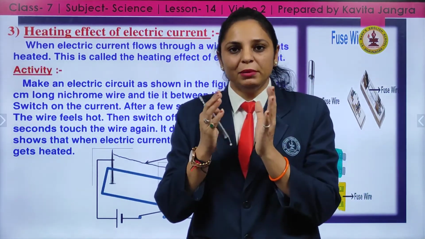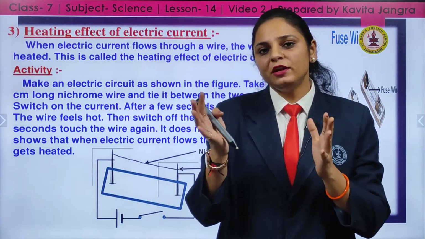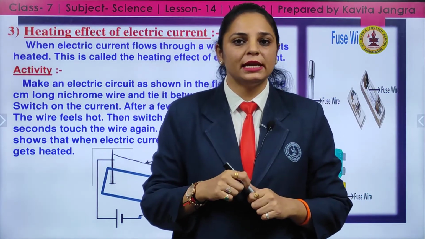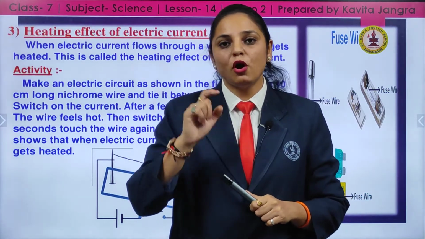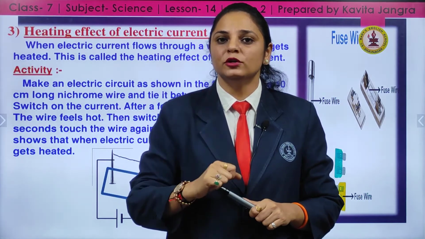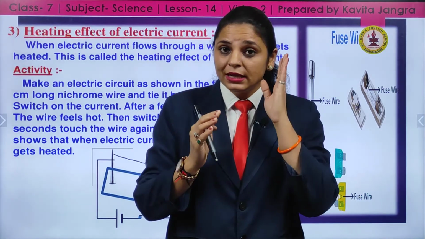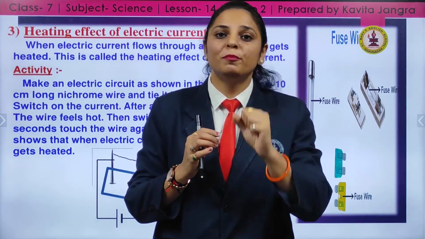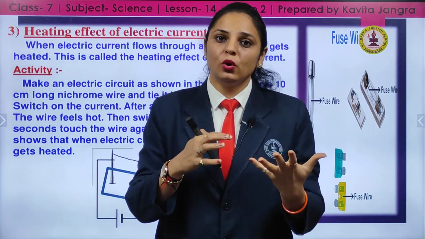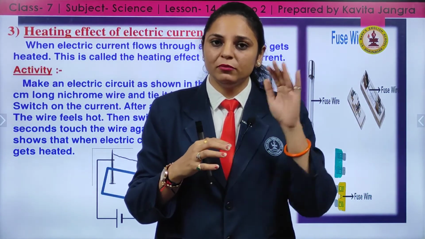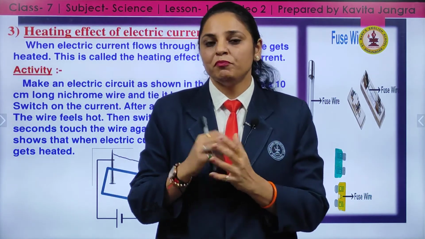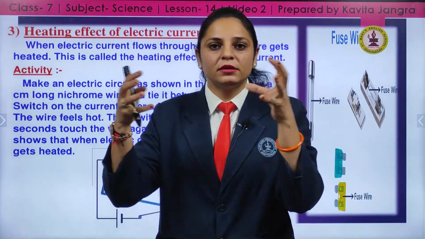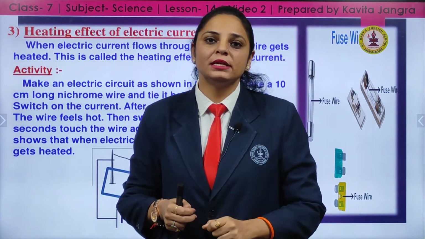But as compared to this, the CFL which you use at home has mercury vapor present inside it, and the coating is of an opaque white material, that is phosphor. That's why it is recommended, because the resistance wire, the tungsten filament in the bulb, consumes more power, more electricity to glow, and when you switch off the bulb, if you touch that surface, it is very hot. But in the case of CFL, the power consumption is very low, because mercury vapors react with the phosphor material present in the CFL.